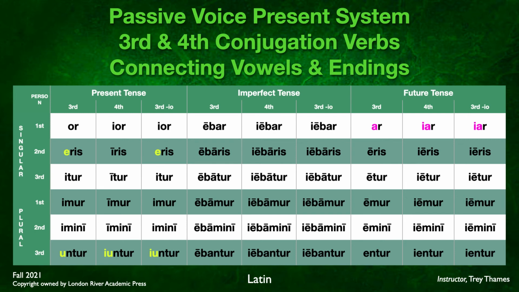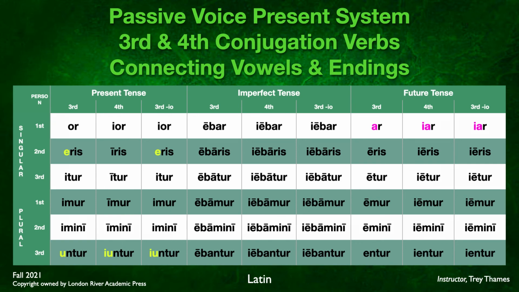And then for the future, you've got -bo, -am, and then -em. That -iam in fourth and third -io. And again, for fourth and third -io, they have the -ie all the way down. Third conjugation only has an -e all the way down. So you can see all those, and when you see them side by side, it's kind of a little bit